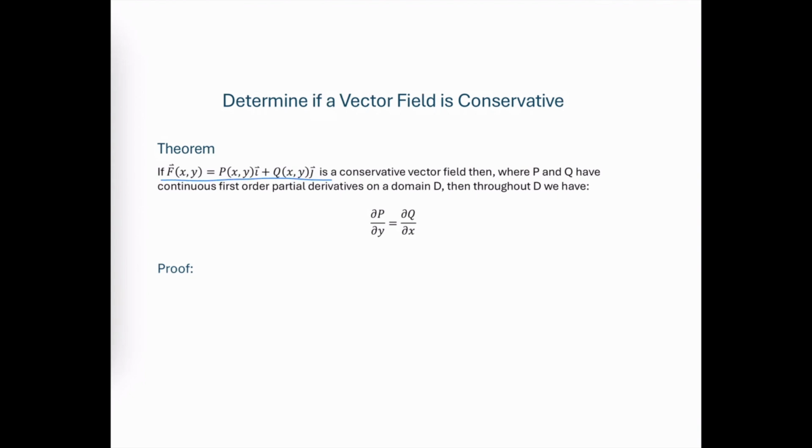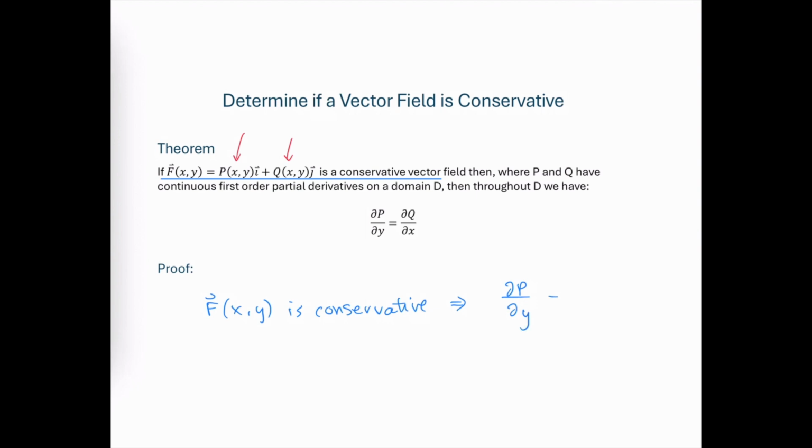To determine whether a vector field is conservative, we actually have a test that can be performed. Let's look at an arbitrary vector field where the first component is a function of x and y, the second component is a function of x and y. And what we'll see is that if this vector field is conservative, then the first partial of the first component